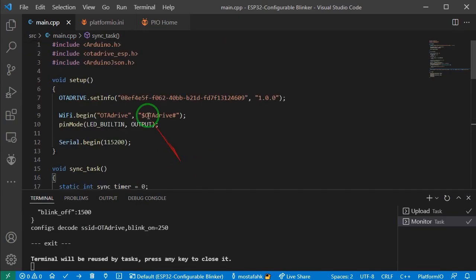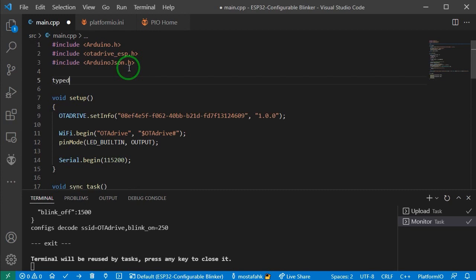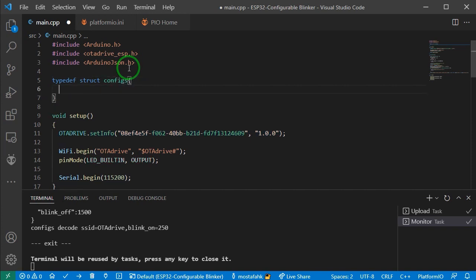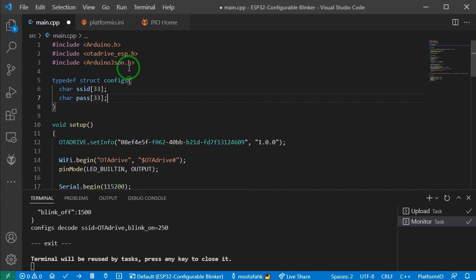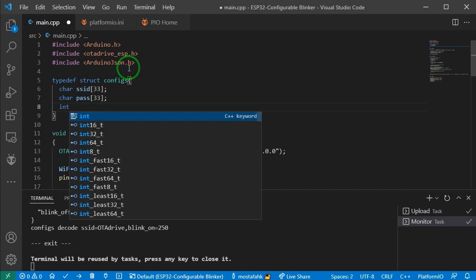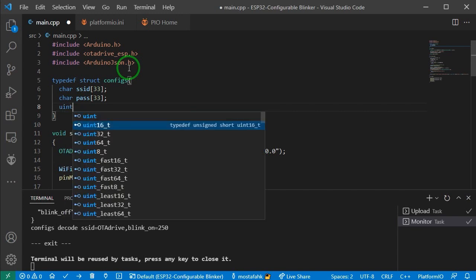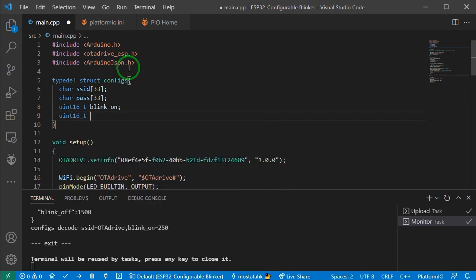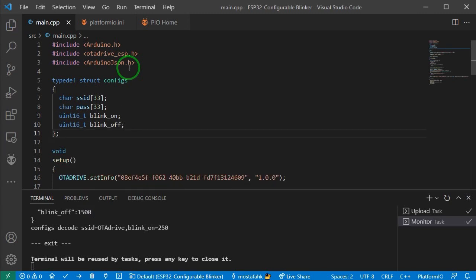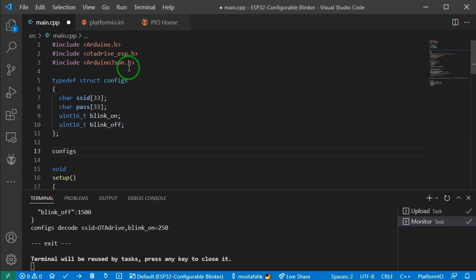I'm going to define a data structure to store all of the device configurations in it. We have Wi-Fi credentials and blinking timings to define here. Then I declare an instance of the struct.